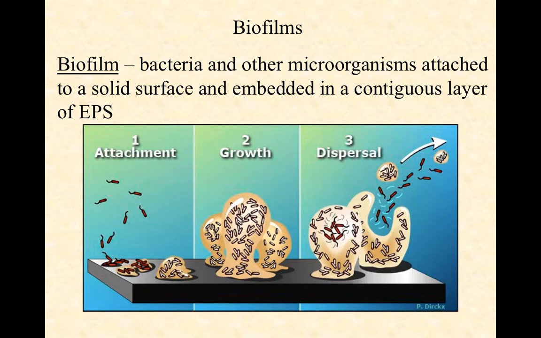So you see in this image here, there are three major steps in biofilm function. You've got the attachment phase where planktonic or unattached bacteria decide they're going to attach to a surface like you see down here. They can attach using their flagellum. It can act like a little hook. They can use little structures called fimbriae that are hair-like structures that are used for attachment. Or they can simply attach using their capsule, right, by way of the stickiness of the EPS.